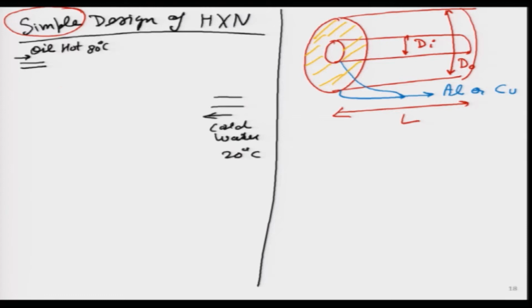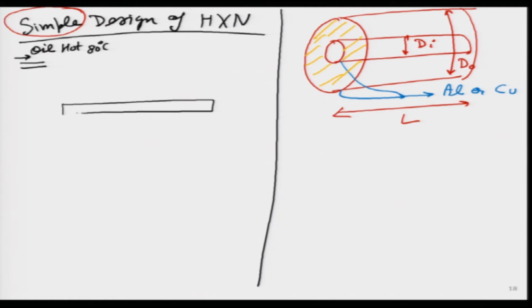I can draw the schematic of this back over here. So, maybe I will erase this particular part. We remember the water was at 20 degrees, oil is at 80 degrees. So, the whole thing I can draw in schematic form over here. This is the inner pipe and this is the annular region, and I can show the center line as well.